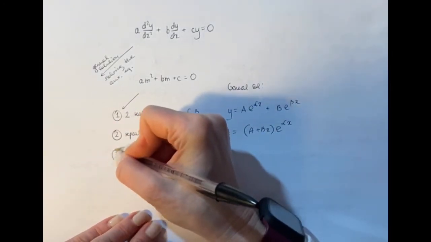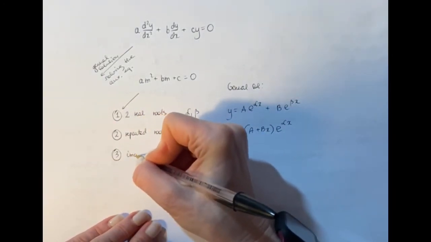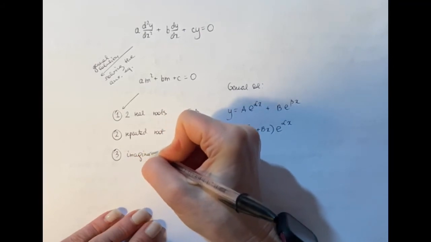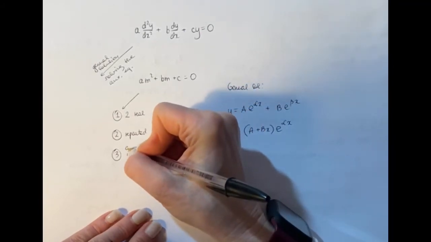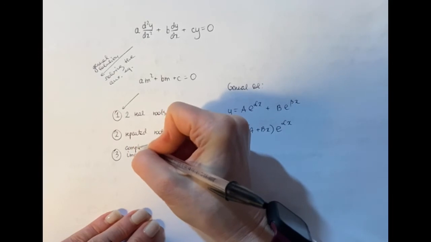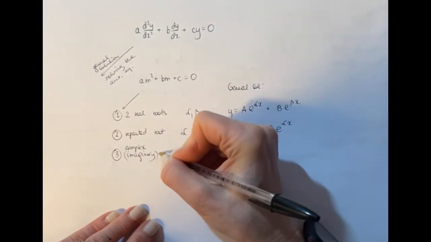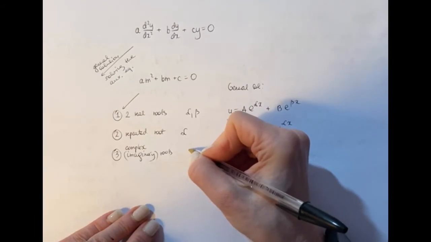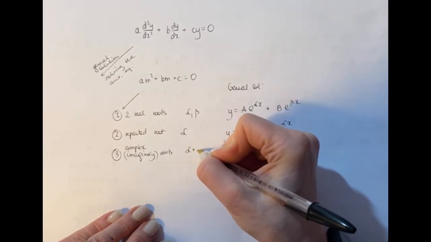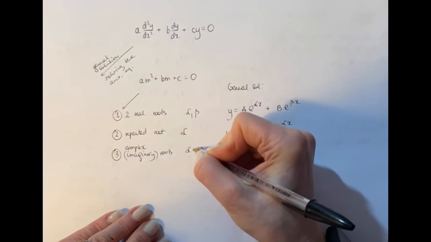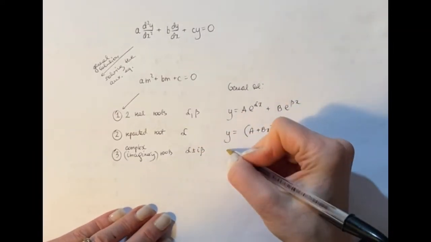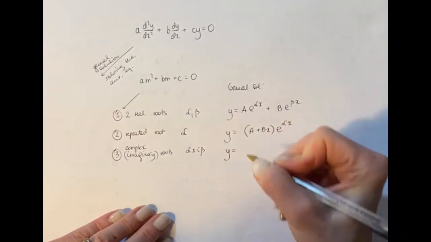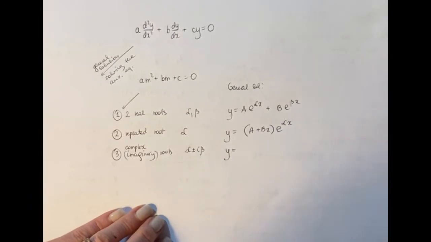And then finally, imaginary, I would say complex roots, let's say alpha plus or minus i beta. Okay, so the form is the following. You've got y equals, you're going to have